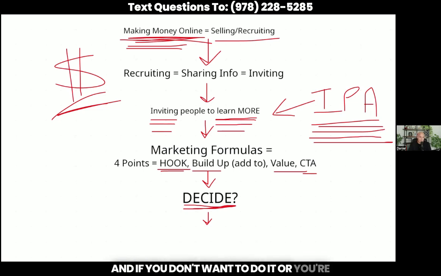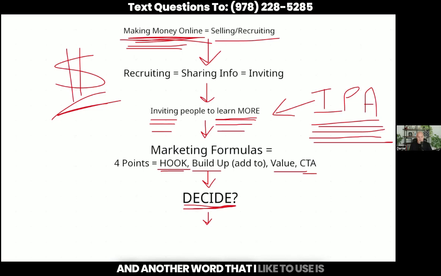And if you don't want to do it, or you're leaning towards not doing it, this is where belief in your own abilities comes into play, because the evidence is all around you. There's too much undeniable evidence that it's possible, because too many other people have done it. Too many other thousands or even millions of people around the world have shown us that building a successful network marketing business, building a successful home-based income, it is possible because there's people doing it. So you don't have the evidence that it's not possible. It only comes down to belief.